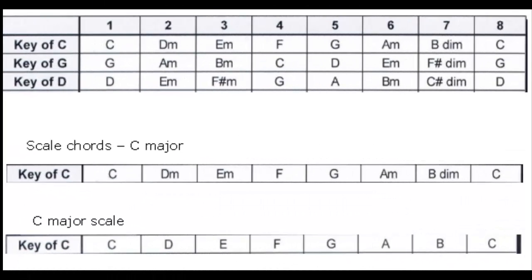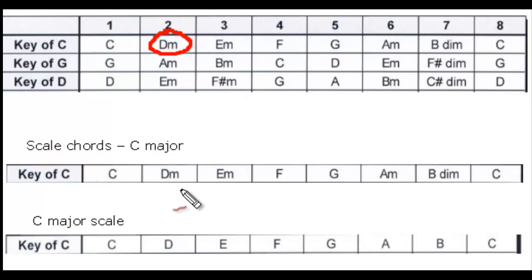Okay, so we've established the notes in a D major chord are D, F sharp and A. Our next step is to work out what notes are in a D minor chord. Now as you can see from our chart here, D minor is not created from a D major scale. There's no D minor chord in the D major scale. So I'm going to go, say, to the key of C, where we have a D minor chord,